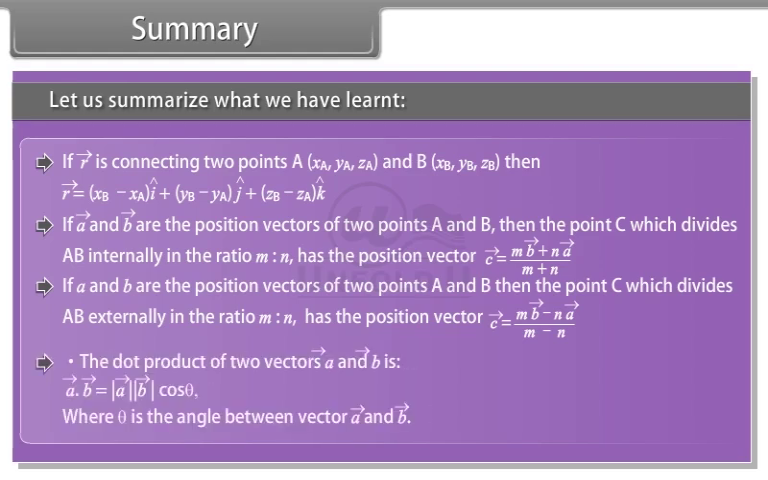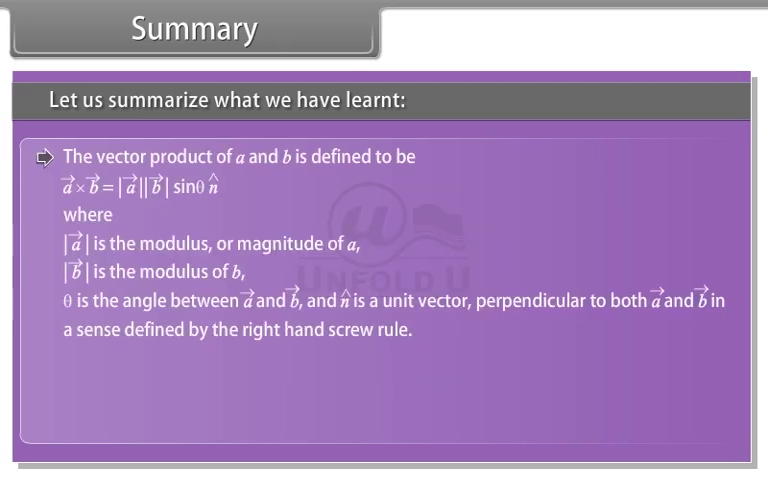The dot product of two vectors A and B is the magnitude of A times the magnitude of B, multiplied by the cosine of the angle between A and B, where theta is the angle between vector A and B. The vector product of A and B is defined to be vector A cross vector B, which is equal to the magnitude of vector A into the magnitude of vector B into sine of theta in the direction of n cap, where